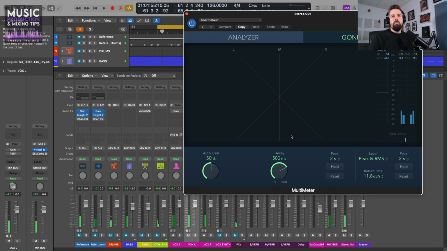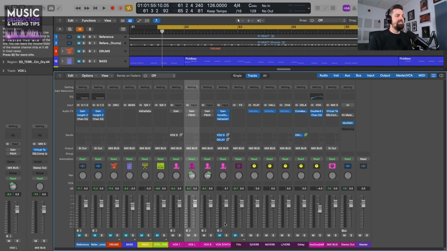Yeah, I think that does sound better. In the grand scheme of things, these left and rights aren't going to be as loud as the center vocal anyway. Looking at the correlation meter as well, we're not dipping into that out of phase-ness. So I'm happy with that. We're going to go minus 25 and plus 25 rather than minus 45 and plus 45 like we did